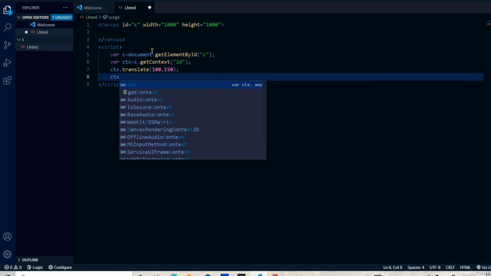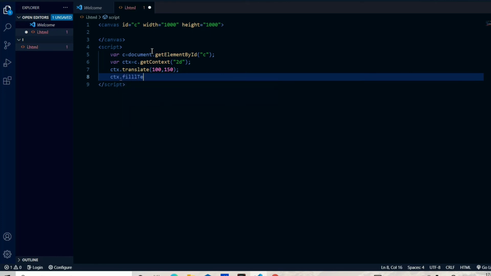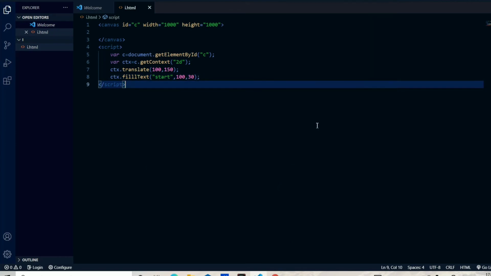I am creating another text. I use the fillText, and I will mention start as the text which I have filled in it, and I just mention its axis. It's 10, 30, and I save it, open it in a default browser. As you can have a look at here, actually, it has to show. It's not showing. Wait. Now you can have a look at here. Here I have created a start with some x-axis and y-axis. It is translated from its actual position to the next position. This is how the translate works.